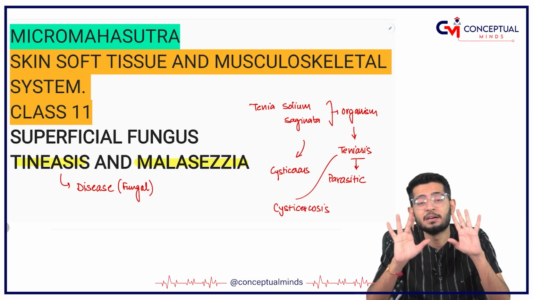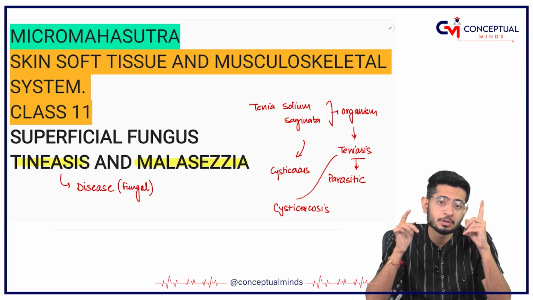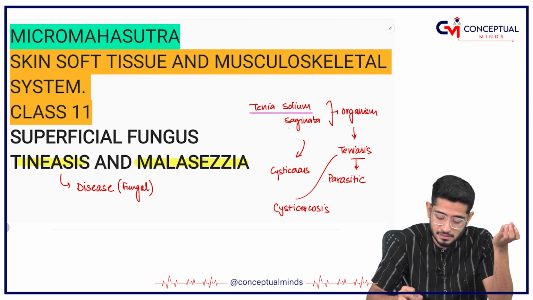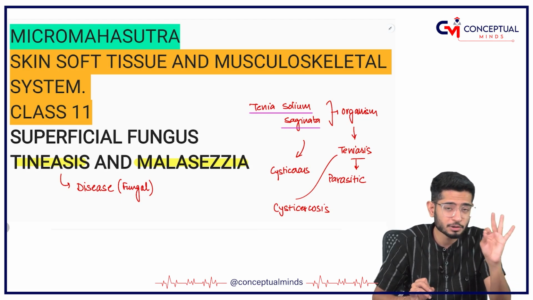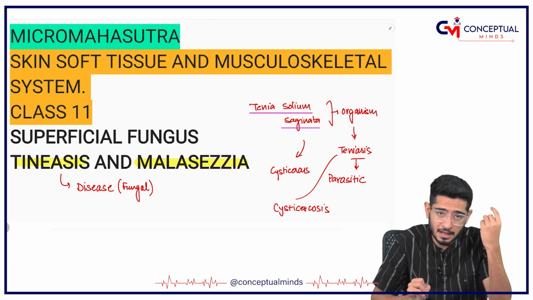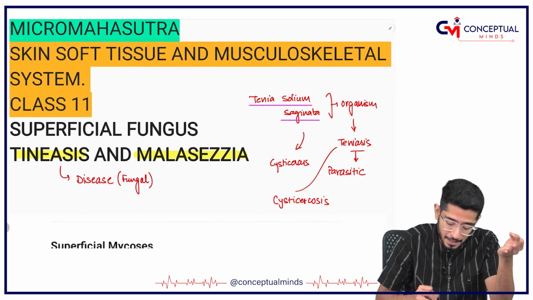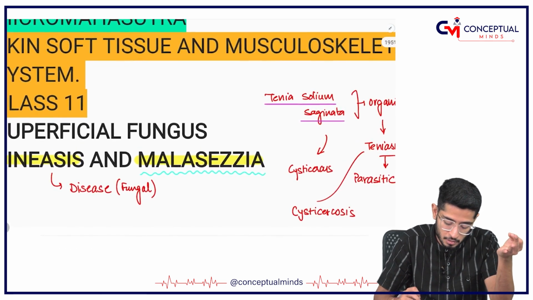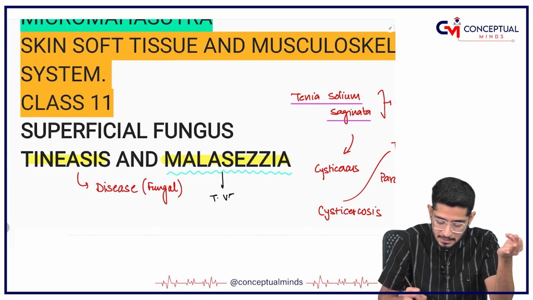First of all, be clear with this story. Pityriasis means the infection which is happening. You have to check if it is a parasitic infection. It is caused by Tinea solium, Tinea saginata, whereas if it is a fungal infection, it is not caused by Tinea, it is caused by some other organisms. And because we are starting right now with Malassezia, we will discuss the Malassezia infection now. This Pityriasis caused by Malassezia is called as Tinea versicolor.